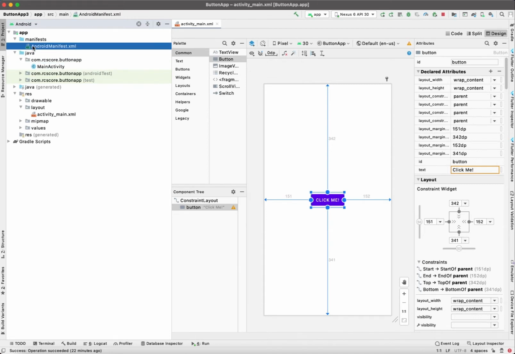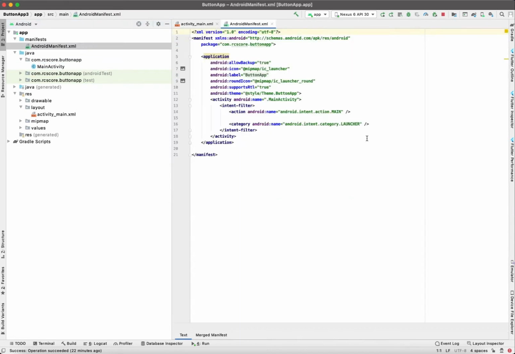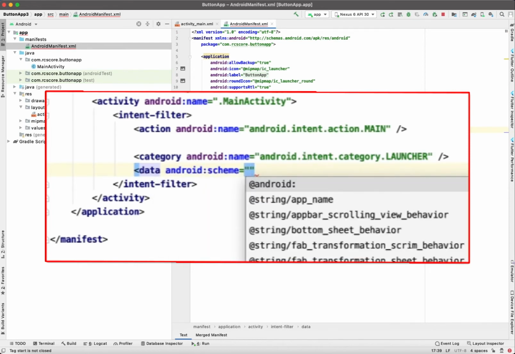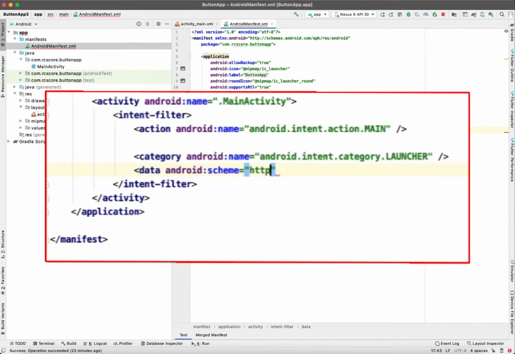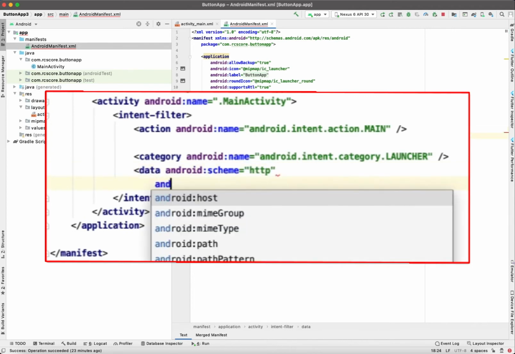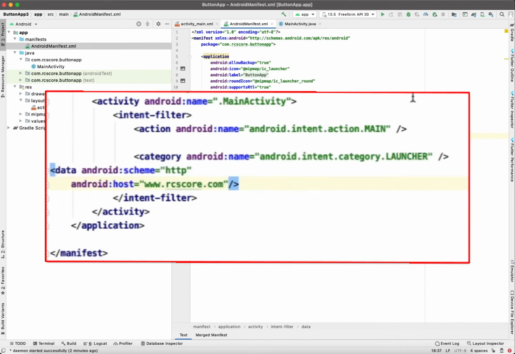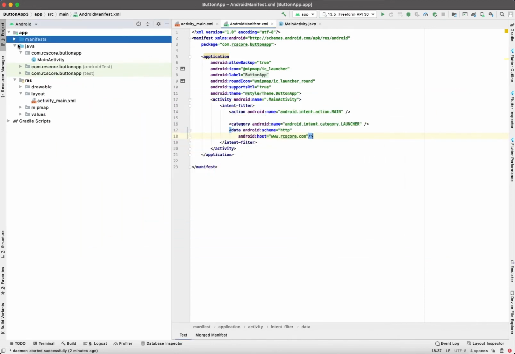manifest, Android manifest. And then we're going to type in just 2 little lines here, right here. And this is where you type in the website that you'd be going to. This is the one I'm going to. You'll probably have something else. Okay, then you can get out of that and